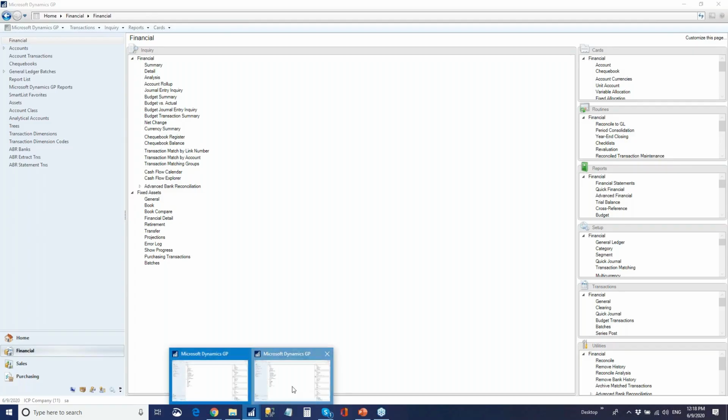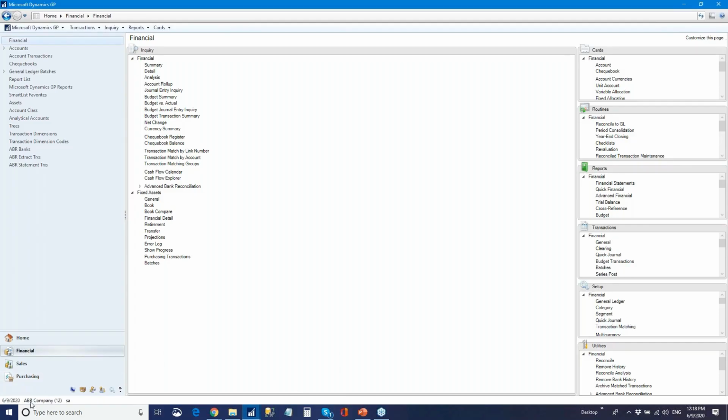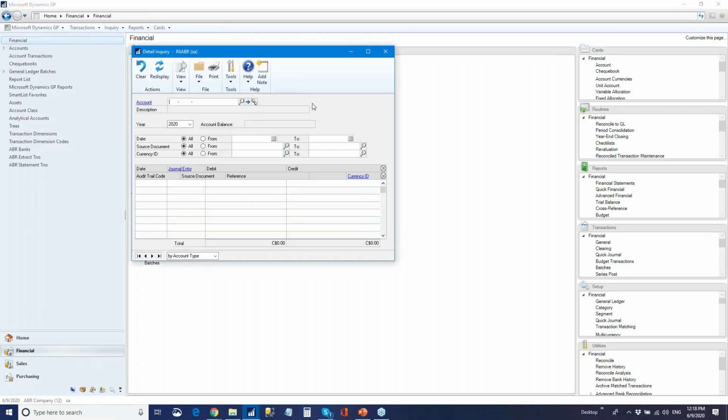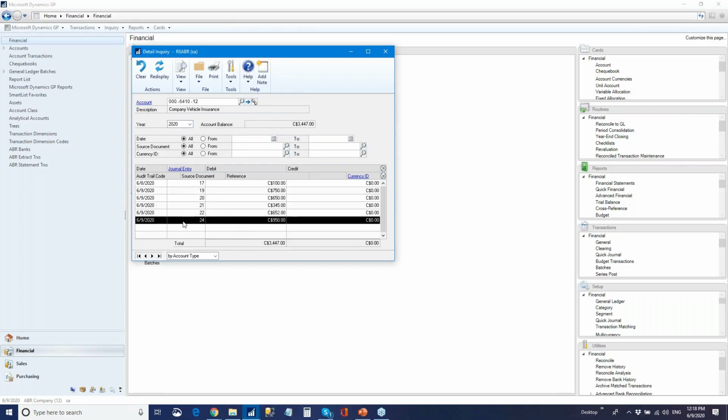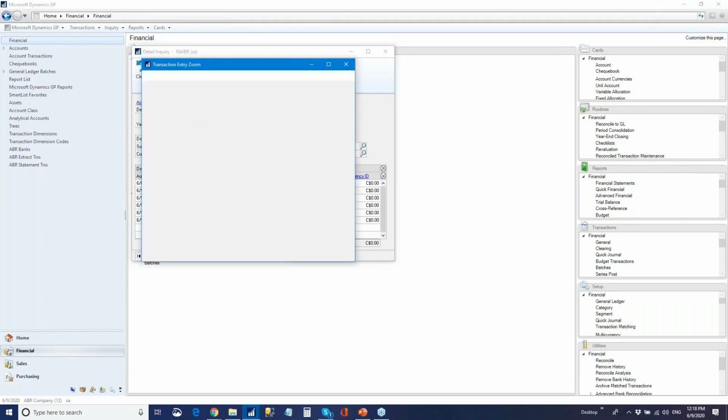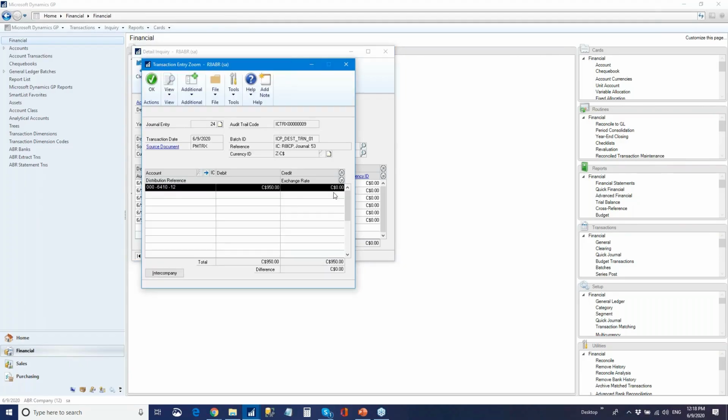In the same token, I am now switching to company 12 so that I can demonstrate the straight through posting that occurred here. So if we're looking at our expense accounts, 6410 company vehicle insurance in this company as well, we can see the 950 that we just posted today. If we drill back to the journal entry, we can see also proper audit trail identifying this entry as originating